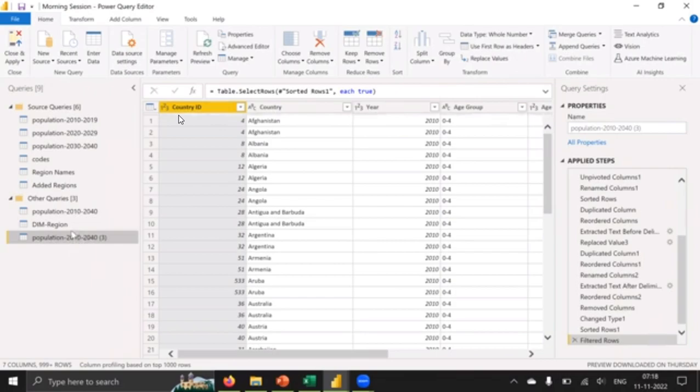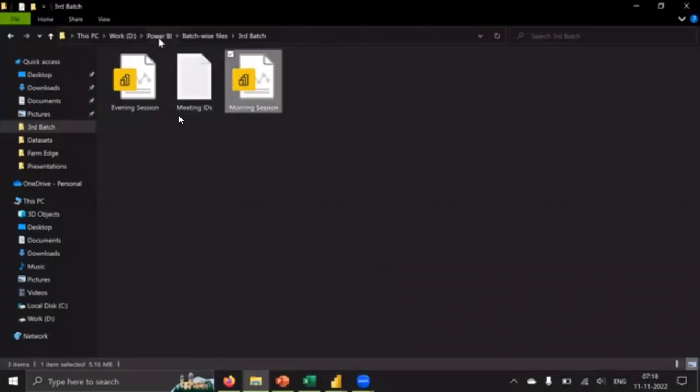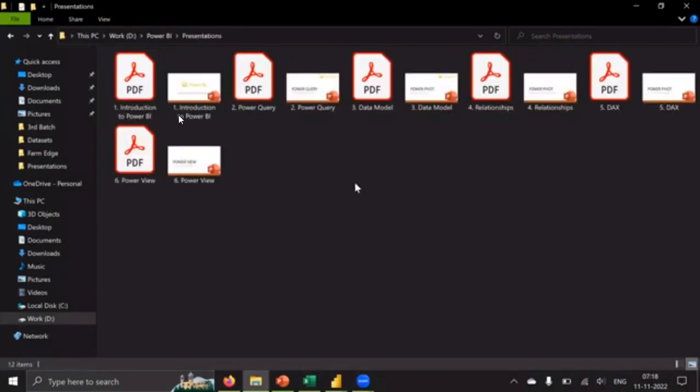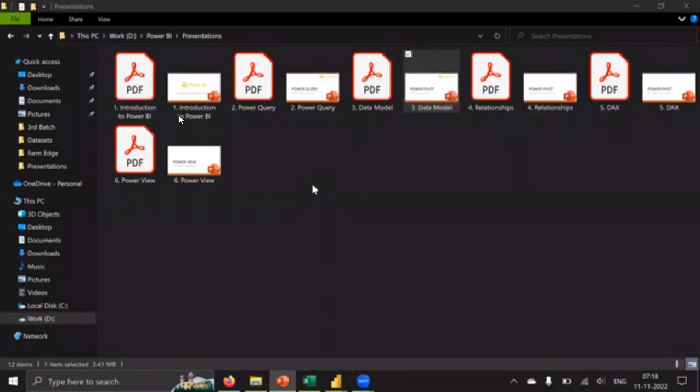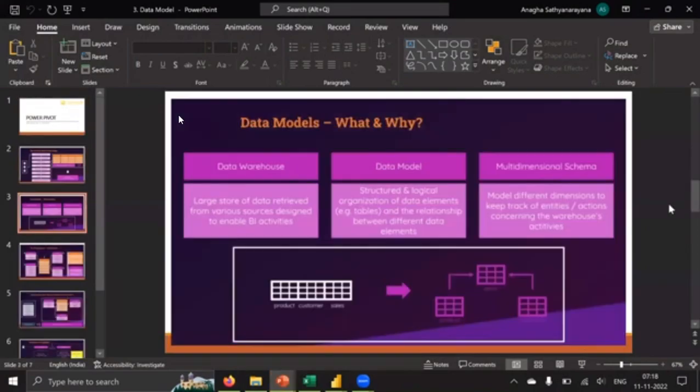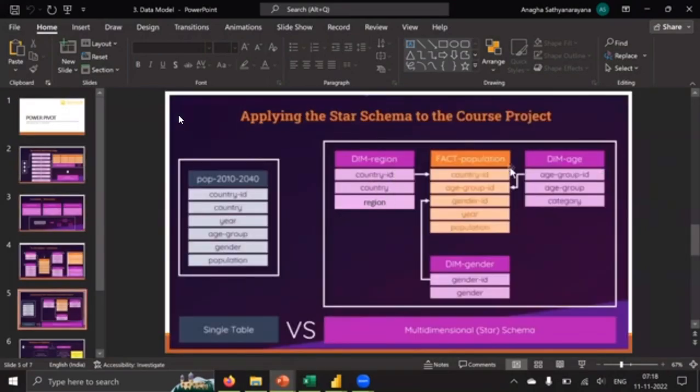Okay, coming back to the presentation here, let me just open the presentation. I'll share the presentation today. Okay, so I have made the change where I have added the region column also. Okay, why is this not opening? Yeah, it's open here. Okay, if we come to this, yeah, so I have added the region column here. So in the dimension age table, we need 3 columns, right? Age group ID, age group, and category. All we have right now is the age group column. Okay, so we need to add 2 more columns in the dimension age table,